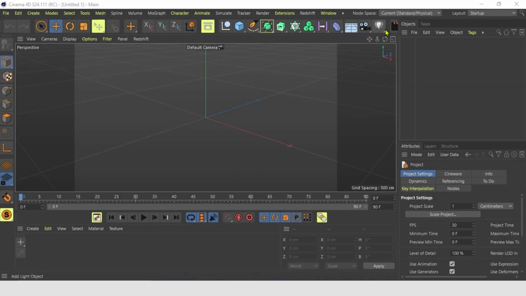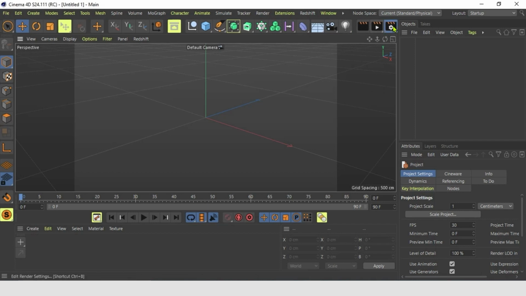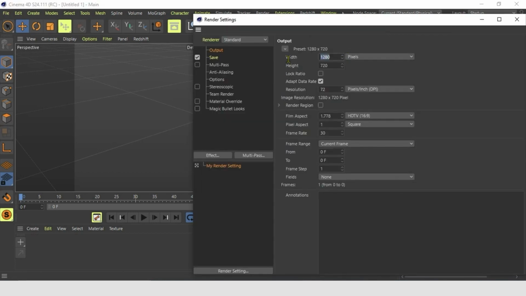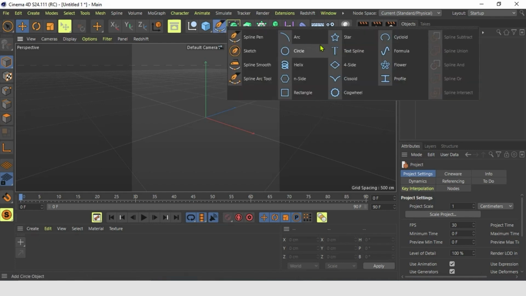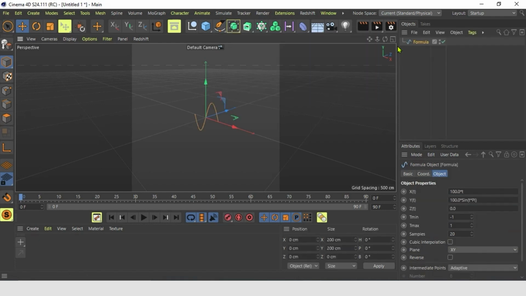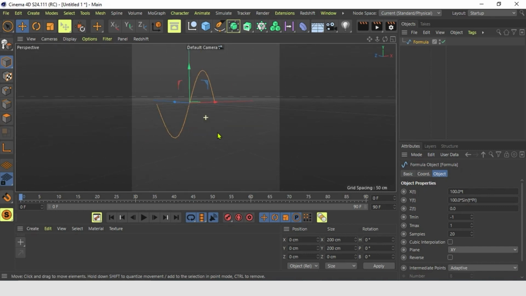Alright, so straight away, let's set this to 1080 by 1080, close this one, and start with the wave. We go up here and choose formula, and we are setting this nice sine wave. We will now tweak the size of it.